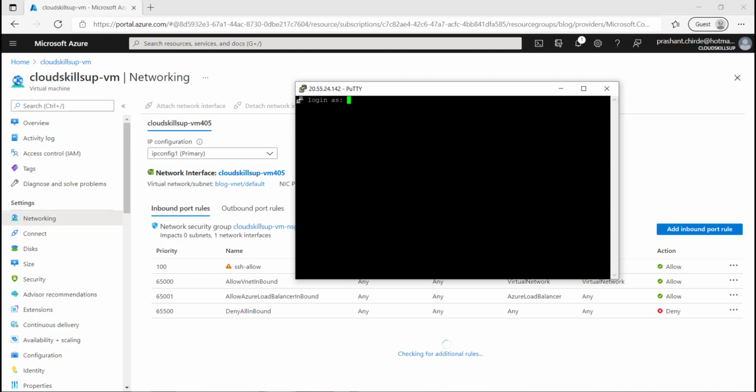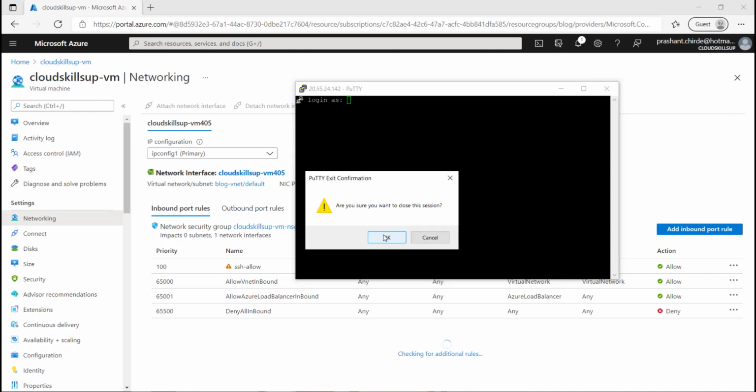Consider that you are able to log in and everything, but somehow it's stuck somewhere. Like you put down your credential, but it will not go and prompt you where you can type the command. So keeping that assumption, let me close it.